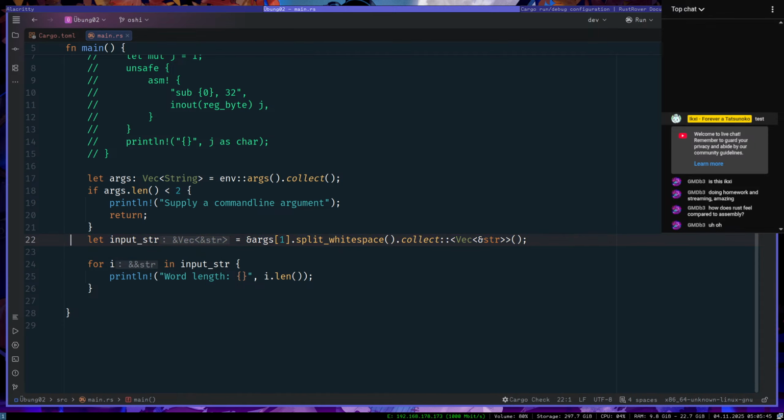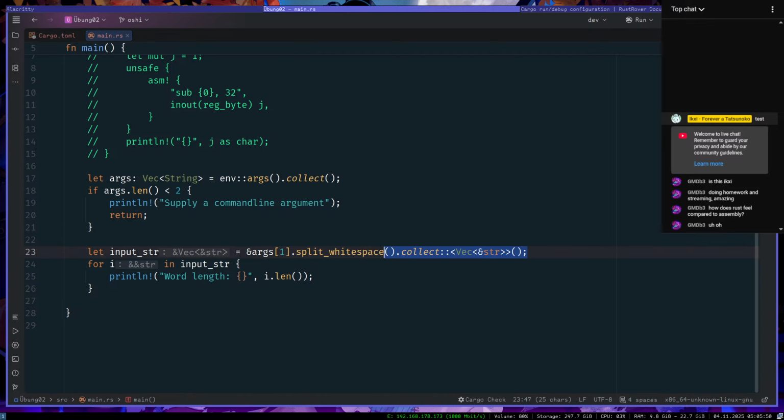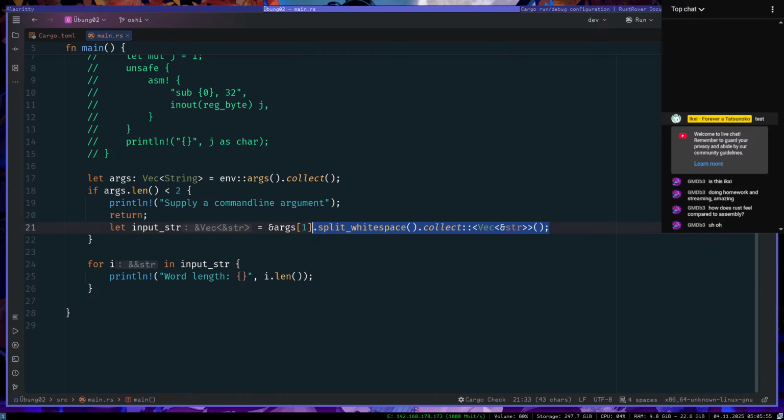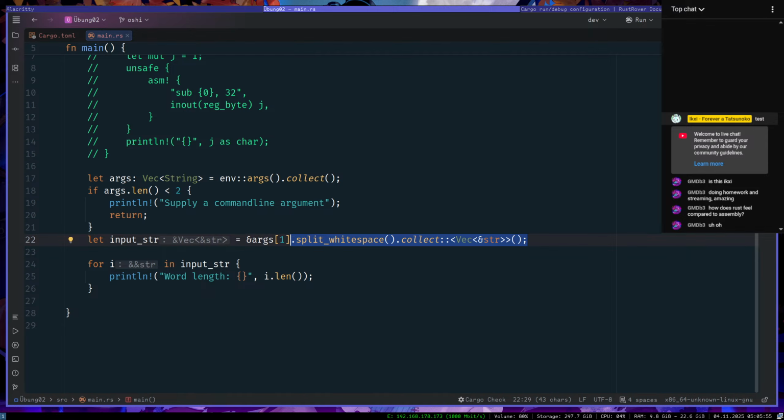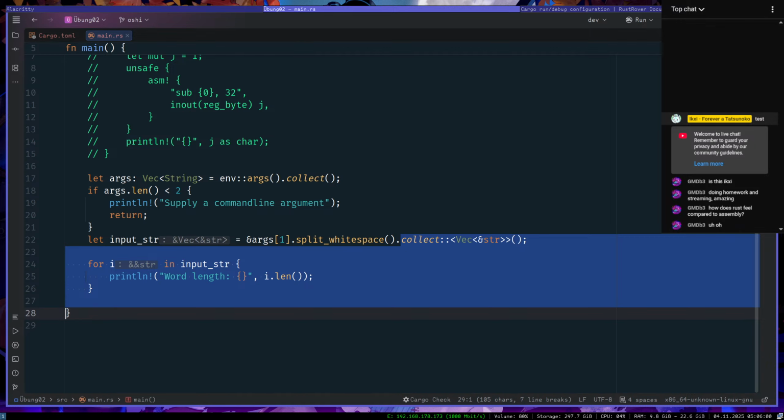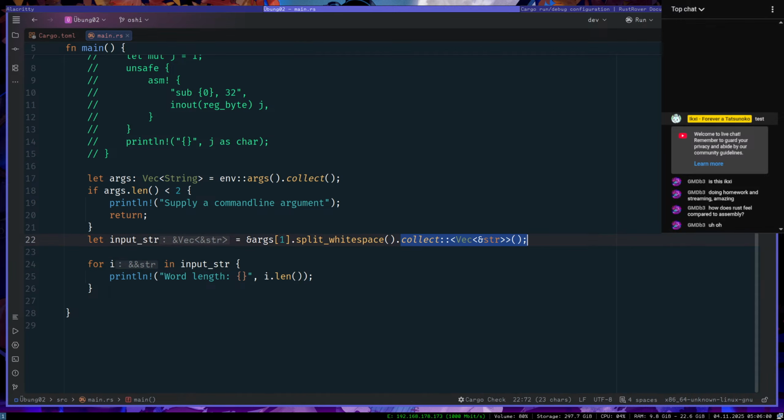This one? No, not at all. Look at this thing. Okay, split_whitespace, sure, if you understand how Rust works like that, sure. But this thing? No, I would think, because up here it works, I could just do collect here, but no. Or okay, let me try something.